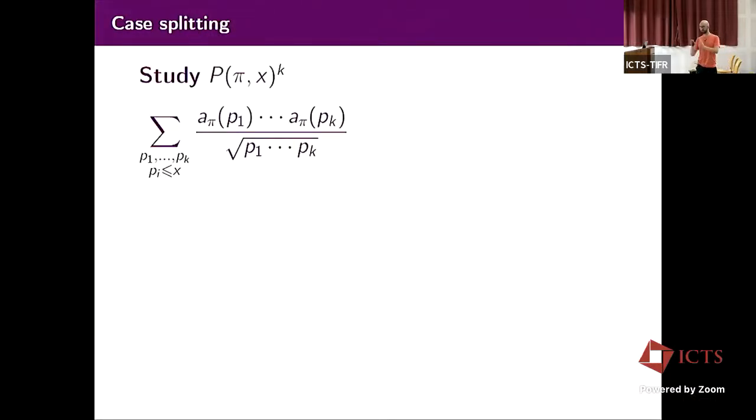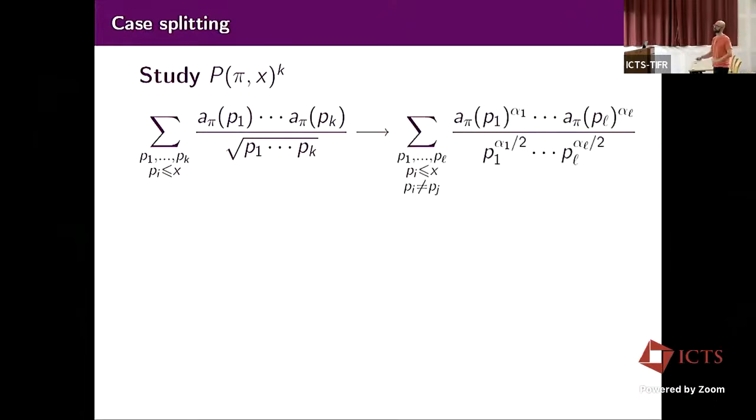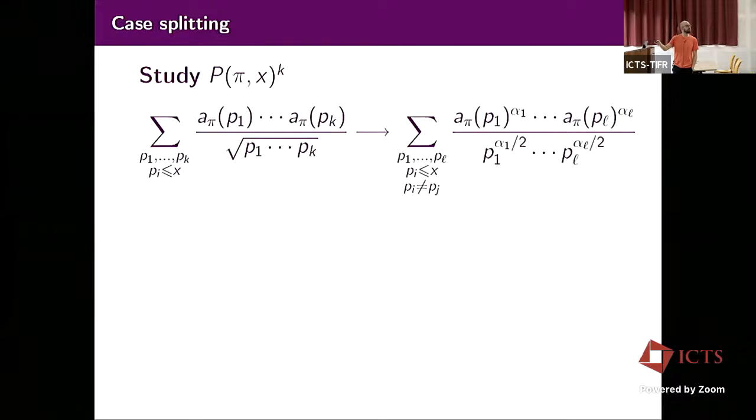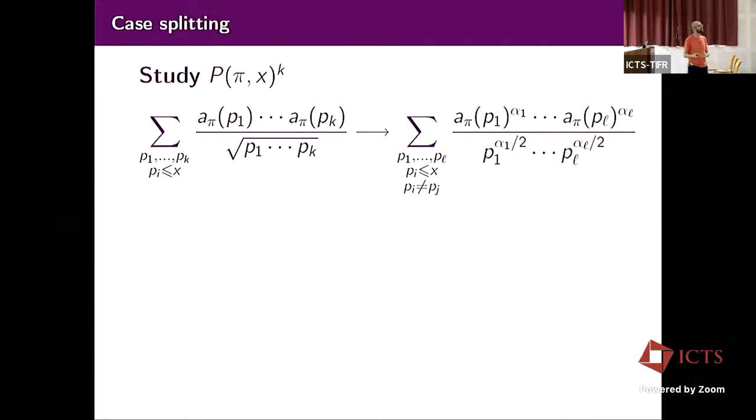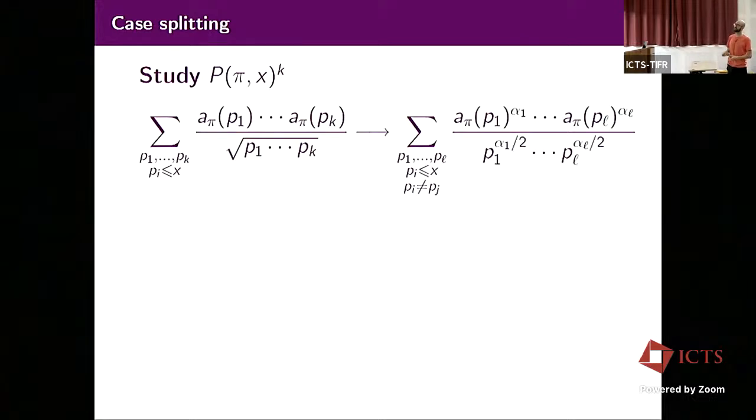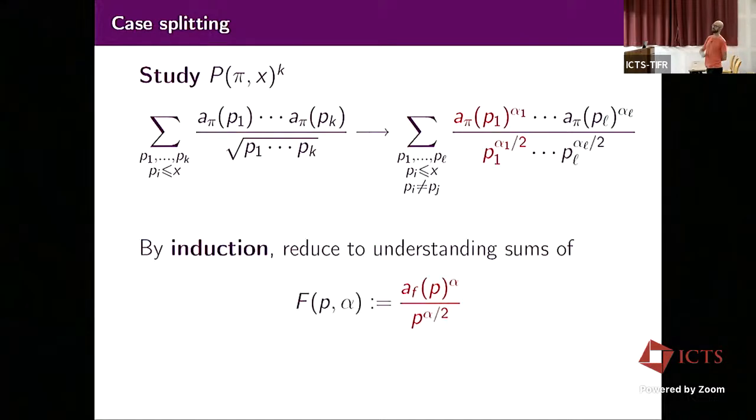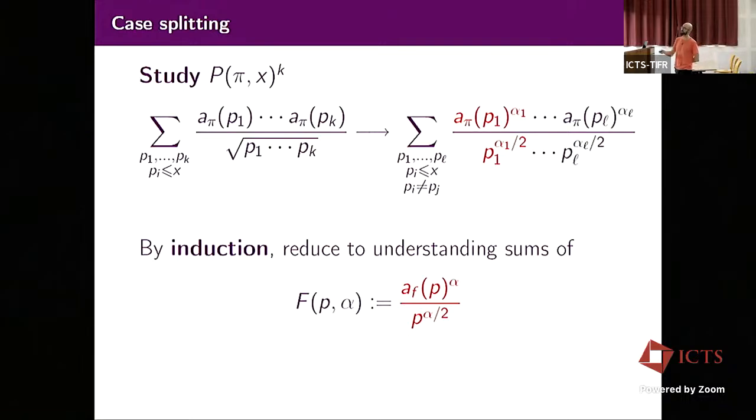So remember, it's a sum over primes of Fourier coefficients. I take that to the power k, so that's just a sum of a bunch of coefficients. And I can package them together by conspiring primes. When the primes are the same, you can have squares or cubes, etc. So I can package that so that the primes are different. And then, well, I may have any kind of powers, 1 to k. Of course, it can appear, but I will study it differently depending on the power. And by induction, in fact, it will be sufficient to understand finally one of them. And of course, if you understand all of these, by Cauchy and Hölder you can reduce that.